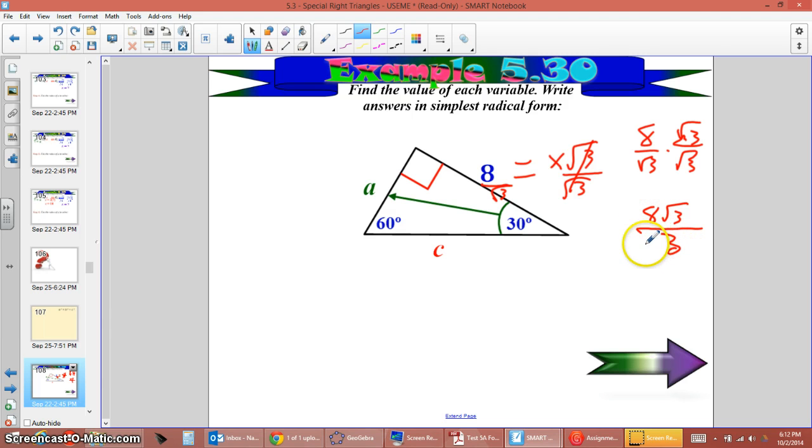So I'm done. This means that this side over here, this a, is now going to be 8 root 3 over 3. And since I know that a is half as big as c, I can just double it and say this side is 16 root 3 over 3. Okay. Now remember,